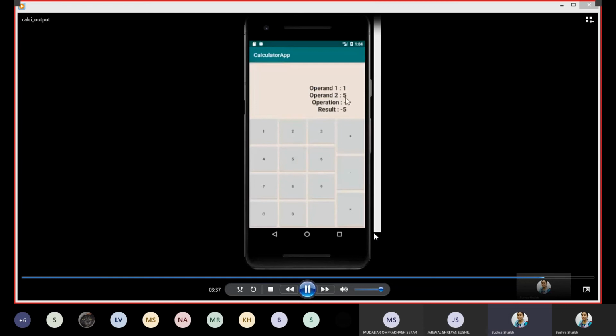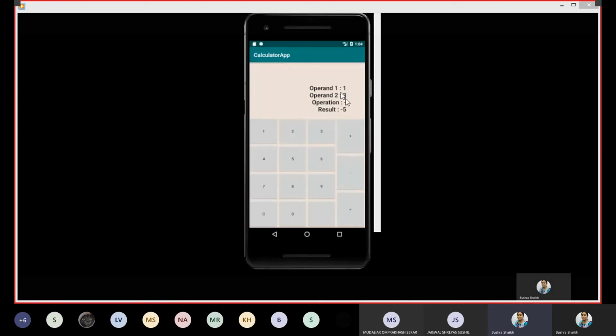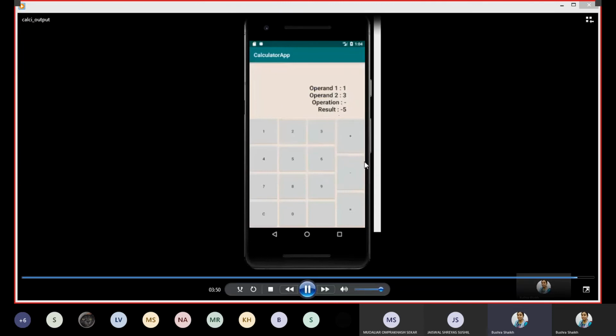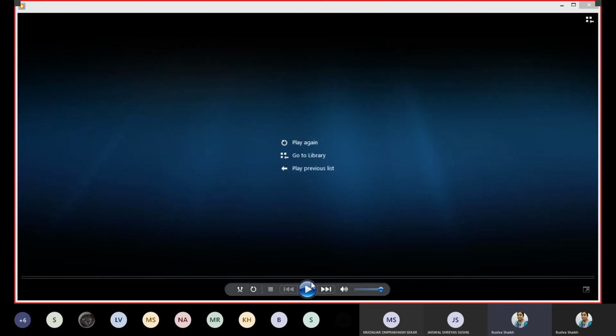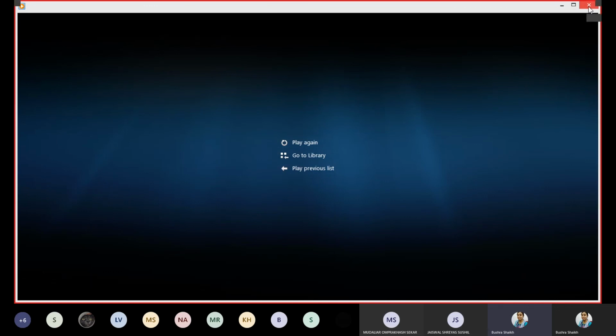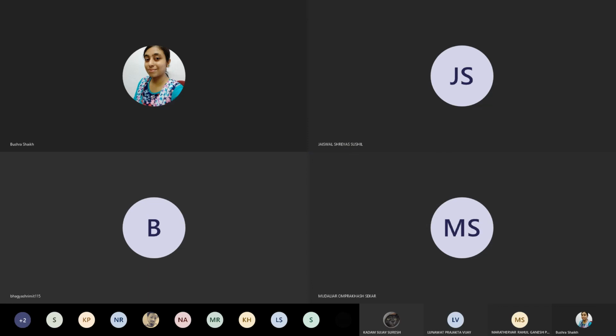Yeah, but the only thing that has to be modified in this code is that as and when I'm again clicking on any of the buttons, it's setting my operand 2, not operand 1. But if you want to go back and set operand 1, how it has to be done, I'm leaving this part up to you. In addition to that, this code is limited to only 2 operands, but you can expand it to n number of operations that a usual calculator app can have. So we'll stop here. So this was from my end.